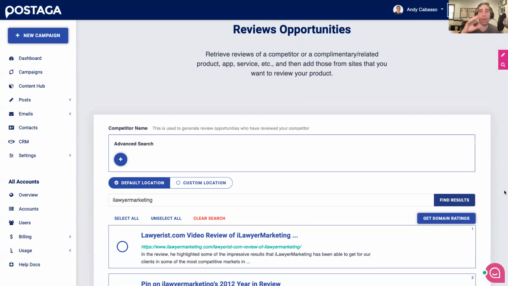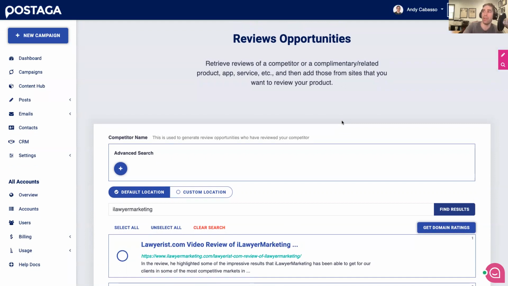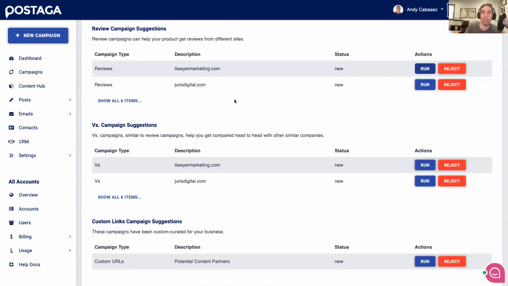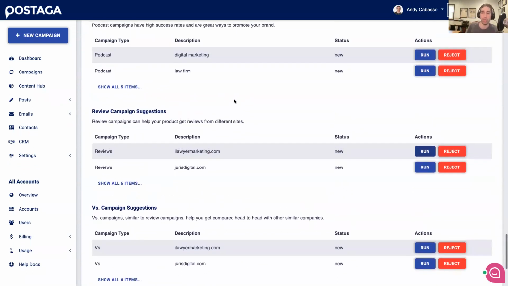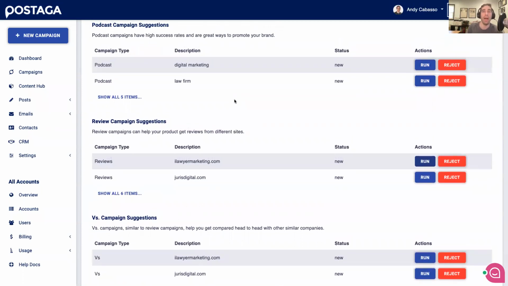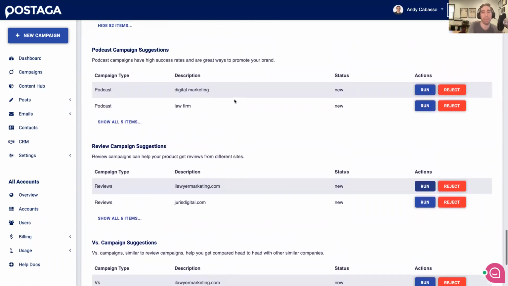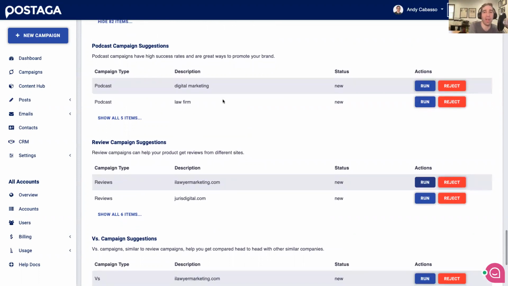The campaign generator, whether or not you have a lot of content on your site, there are a bunch of campaigns that Postaga can suggest that will still be relevant for you. So even if you don't have a lot of blog posts, for example, and you're like, all right, well, mention campaign wouldn't be a good fit or resources wouldn't be a good fit, Postaga can still give you recommendations on sales outreach or review campaigns or podcast pitches and things like that. And if you're trying to get ideas of campaigns to run, I would just go down this list, try a variety of campaigns,